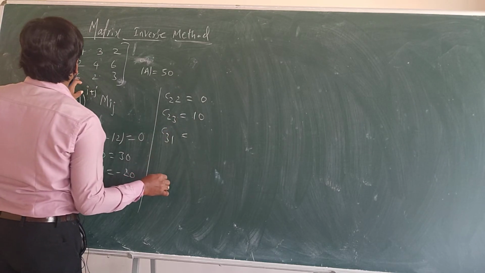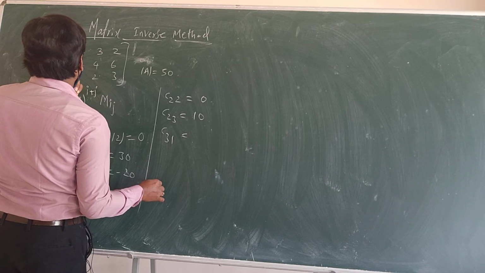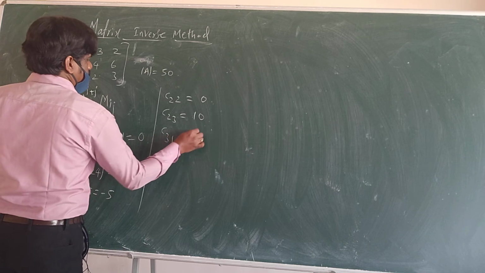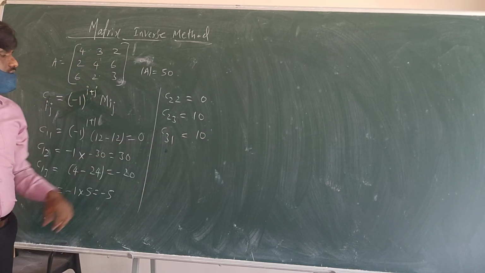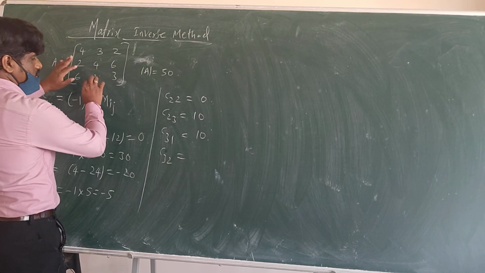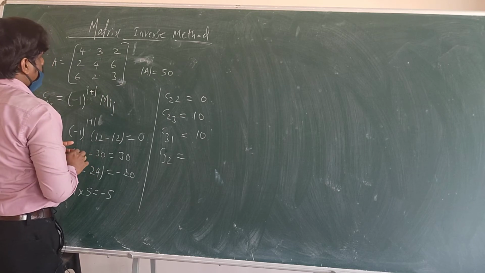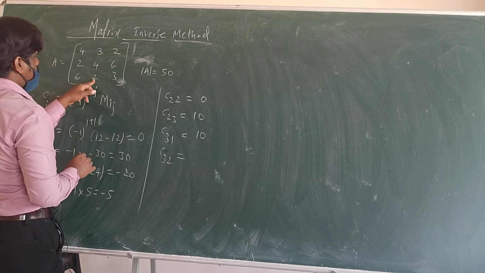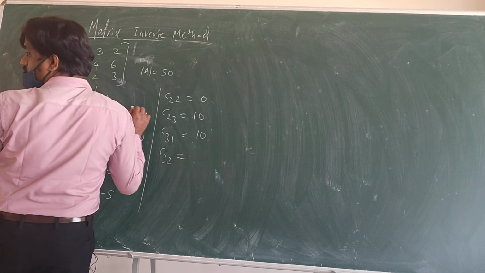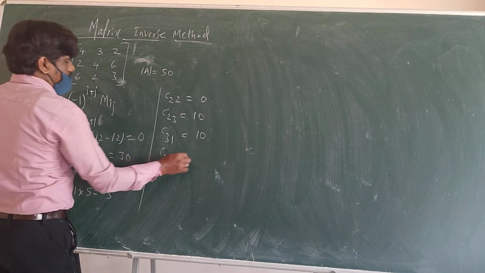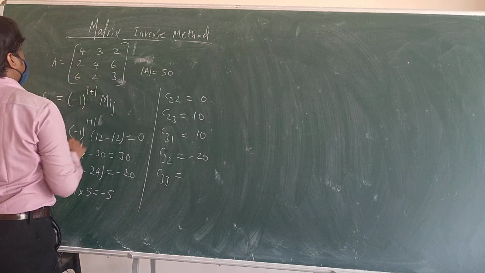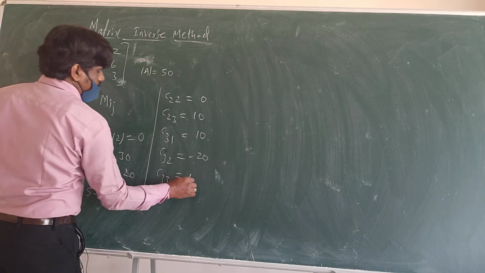C31. 8 minus 18 is minus 10, minus of that is plus 10. Yeah, this is minus already. Right, C32. See, you don't make a mistake, tell me, otherwise I'll do it. Right. How much? 24 minus 4, 20, right? Minus 20. C33. Positive 16 minus 6, 10.